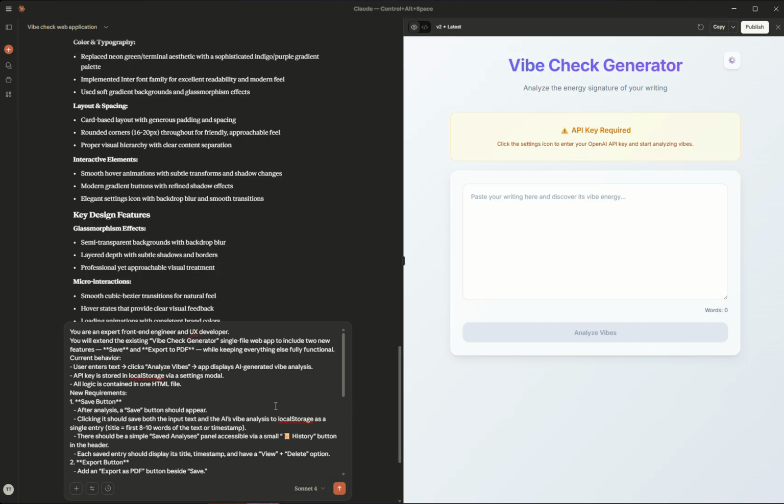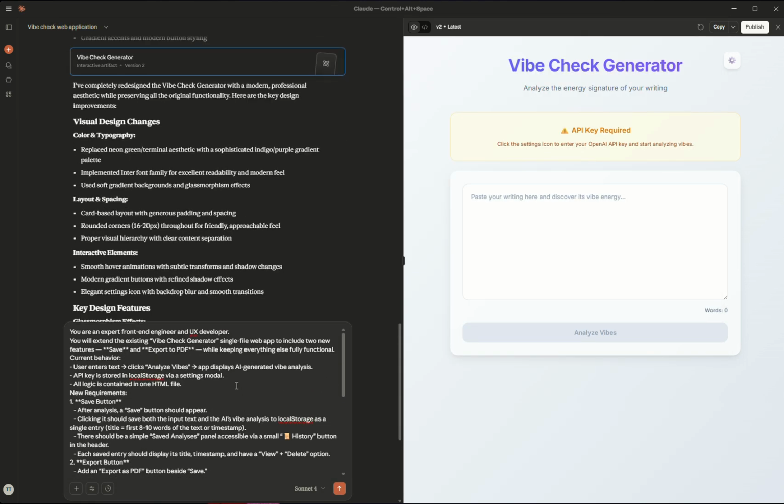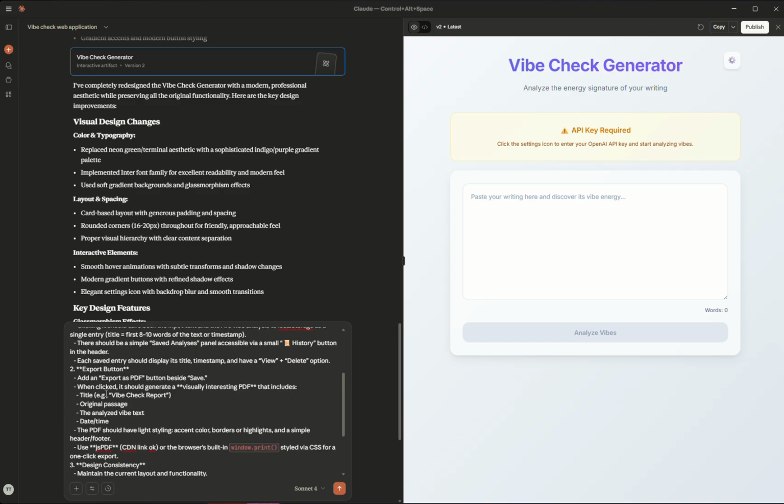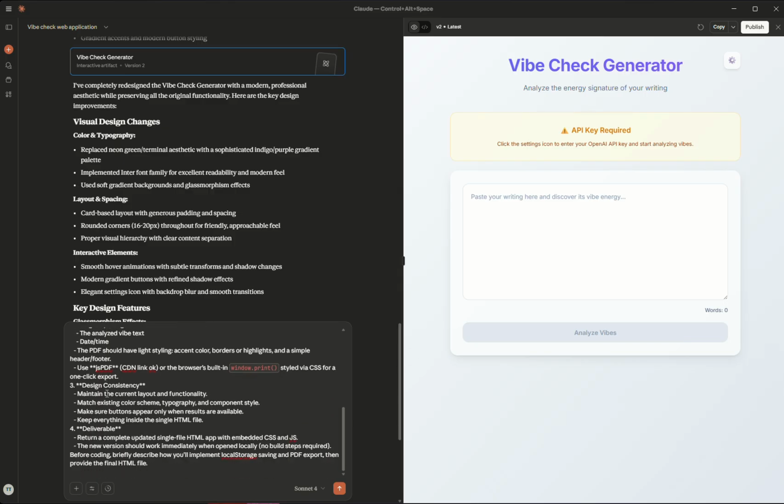So we're back to Claude with the prompt ready. You're an expert front-end engineer and UX developer, setting the role. Extend the existing vibe check generator to have two new features, save and export to PDF. And I want the PDF to look like a report card, sort of. Save button, export button, and